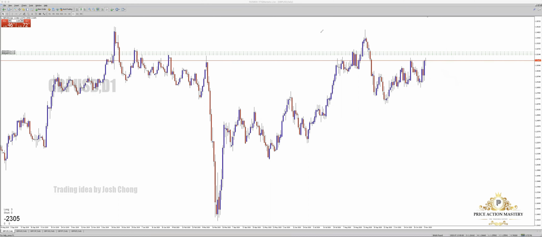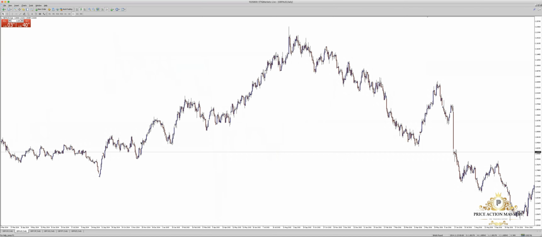So for now, for GBPUSD, I'm not looking into any buy trade yet because the price is still so high. If I buy here, there might be a chance of going up, but the chance is quite low because they have reached a seller area, so the sellers will be much stronger in pushing. But I'm also not going to be a seller because selling is a counter trend. I'd rather wait for the sellers to bring the market lower and then I become a buyer to bring the market up.